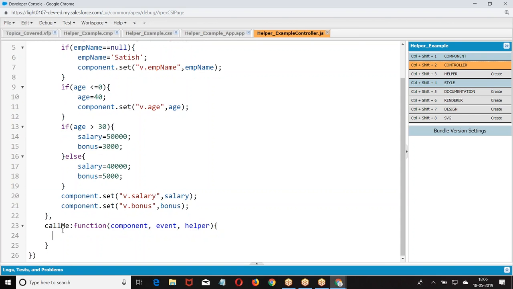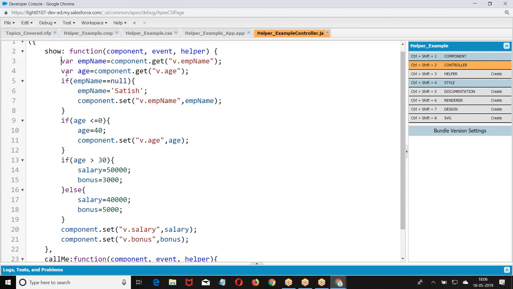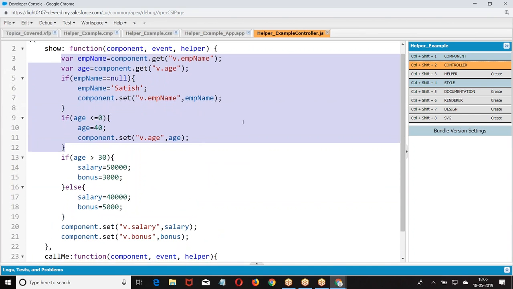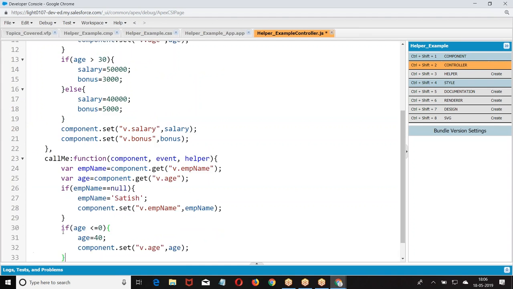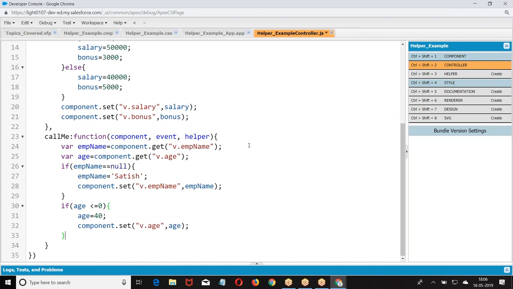Okay. Similarly, here also I have the same functionality. Read the value of name, read the value of age. If name equal to null, employee name equal to Satish, set v dot emp name, age equal to 40.